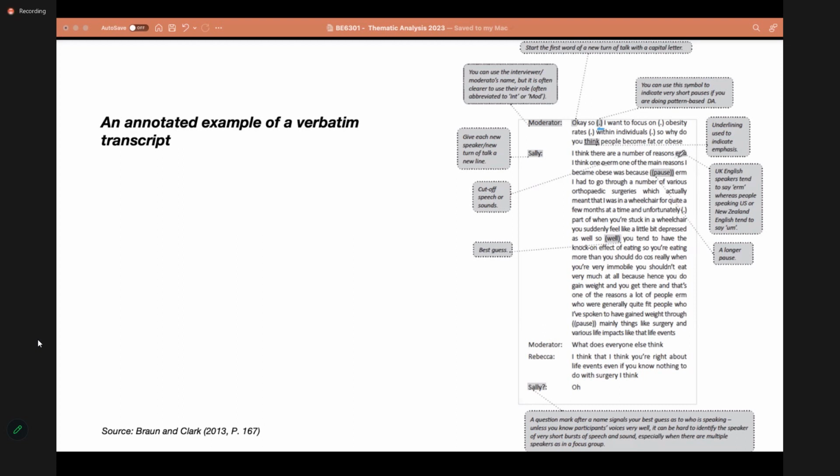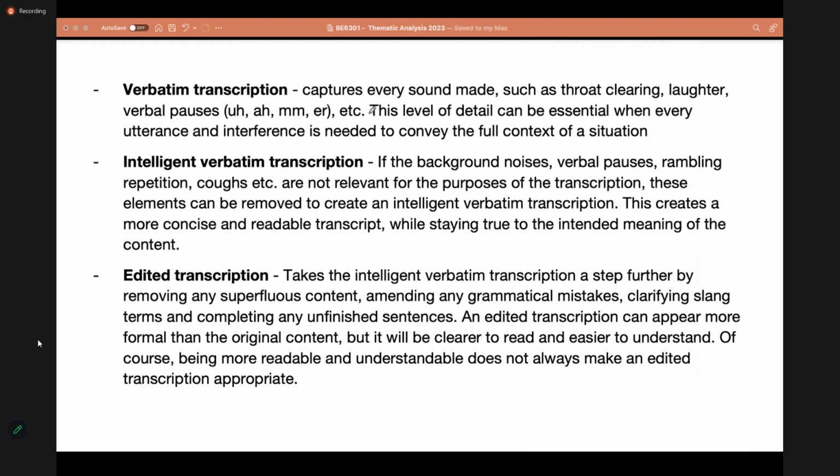Even those kinds of noises are recorded. Then there's a pause, again, that's mentioned and recorded. All the utterances, when there's a cut off in the speech, or I think one, all of those things are recorded. So every noise, every sound made, that's transcribed. That's known as a verbatim, a word-to-word transcript.